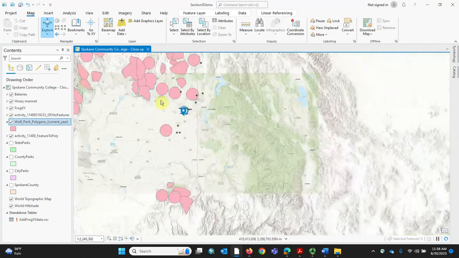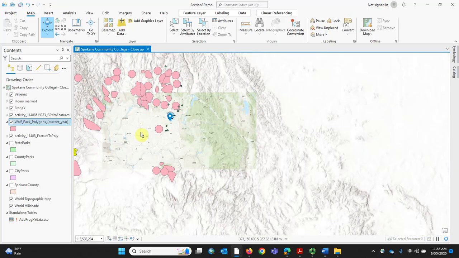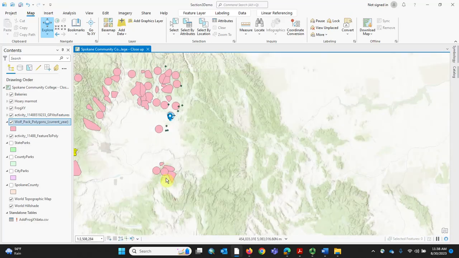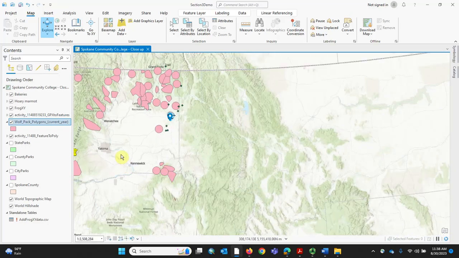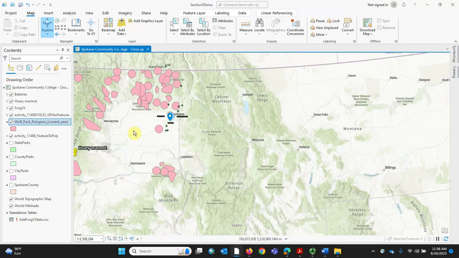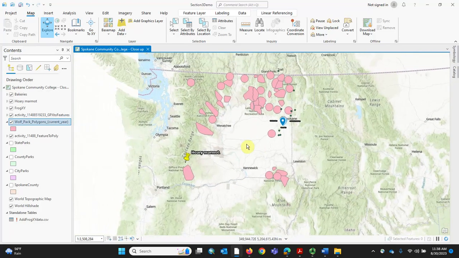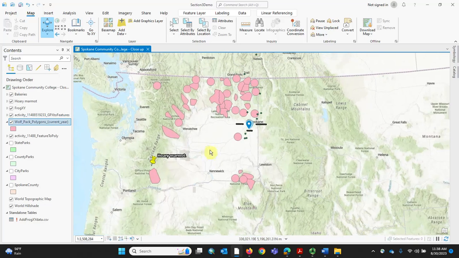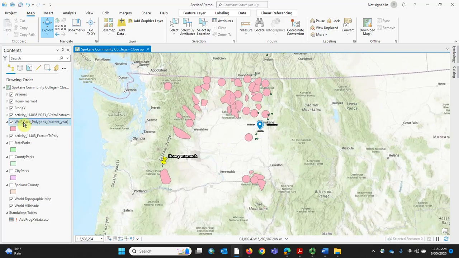What else do we have? So check these wolf packs out. So all of Washington State, of course, some of them are kind of slurping over into Oregon there, this one, and over into Idaho. But what a crazy eclectic map we have put together as we learn how to add data to a map. Now, we're not learning about symbolization today,